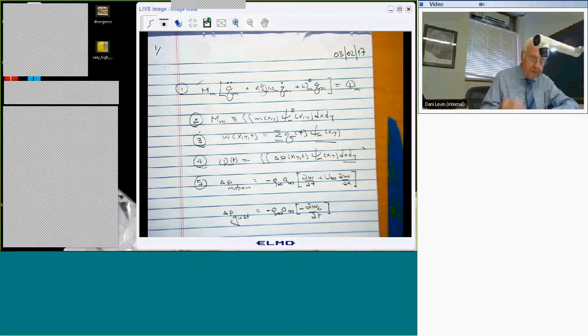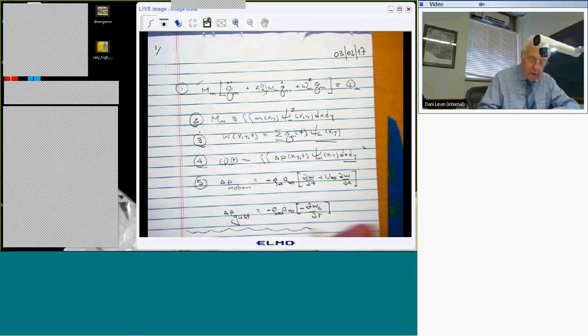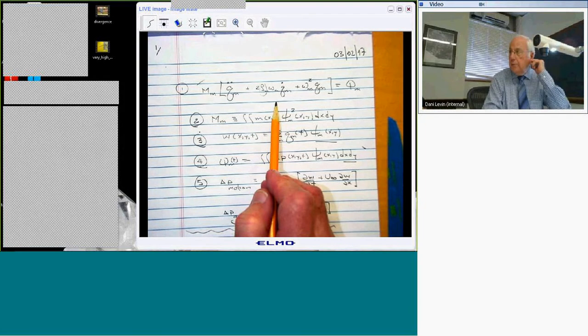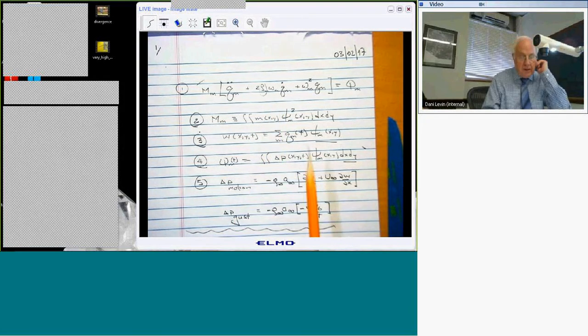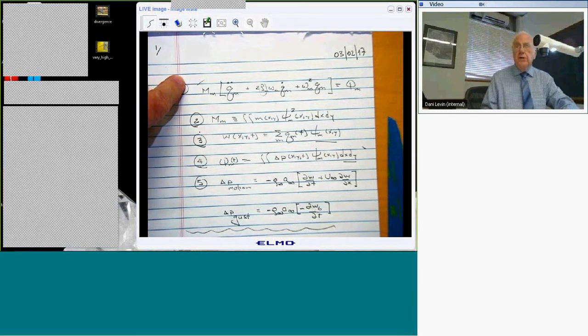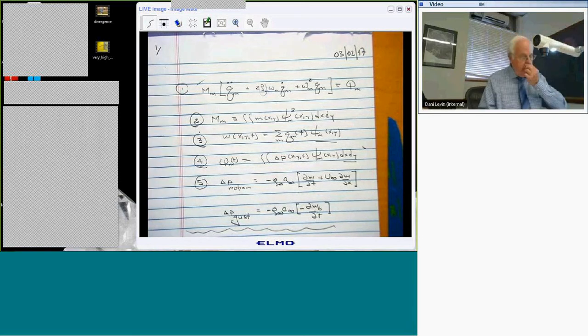Okay, now, so that's the basic idea. Now, I'm going to talk about a couple things that I didn't talk about the other day. I want to talk about where equation 1 comes from. And then the second thing I want to do is expand on the content of equations 4 and 5. And then finally, we're going to end up with a set of equations for the Q's, which have only the gust velocity and the Q's in them. And those equations we're going to use to compute a flutter condition or a gust response. But let's talk about equation 1, because I'm not sure we've actually talked about that in sufficient detail.